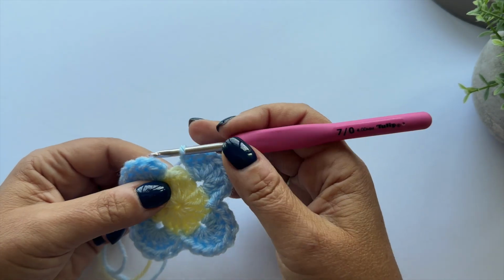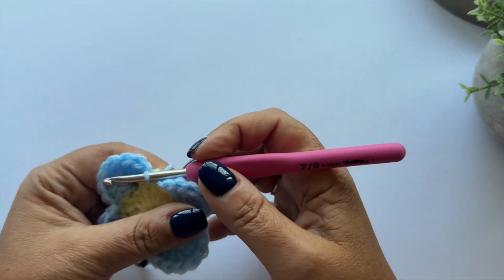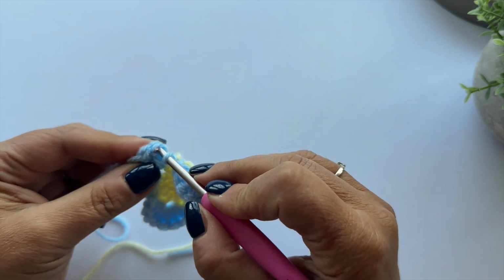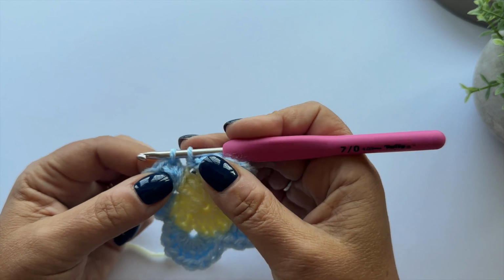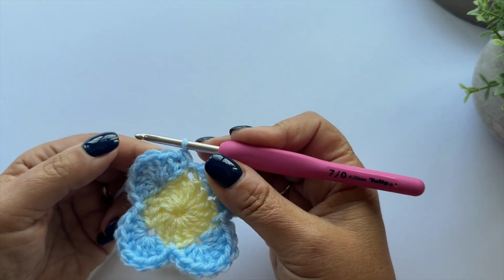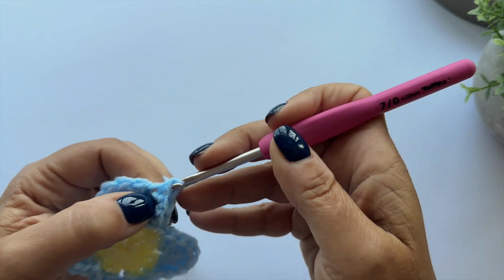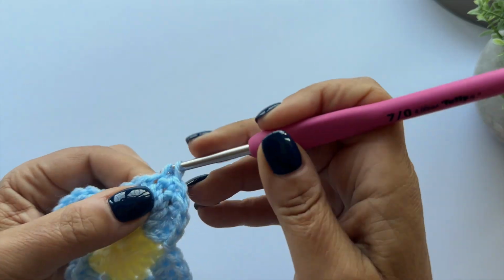So here's my last petal. I'm going to slip stitch, and then I'm going to go straight into the next round. So I'm going to put my hook under both loops of this first treble, yarn over and pull up a loop, yarn over and pull through. So that's my first double crochet, and then I'm going to do 6 more double crochet around the petal, so that's 7 in total. So 4, 5,